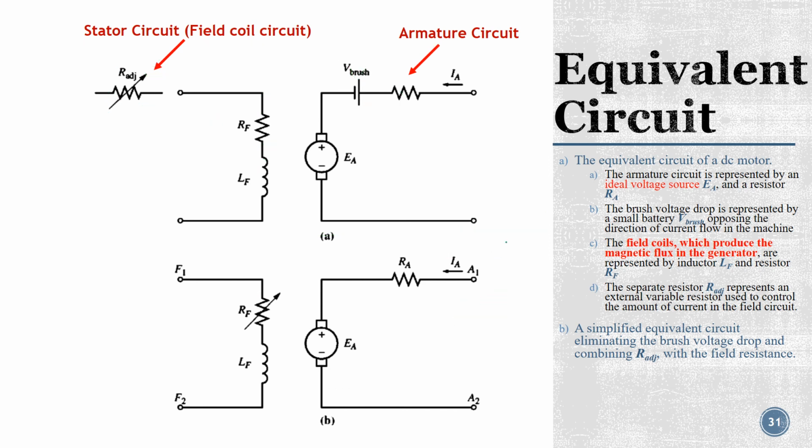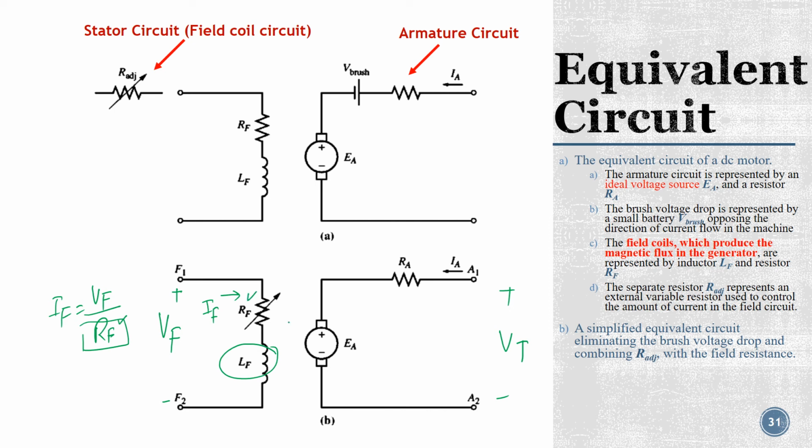For example, let's say you are supplying an input terminal voltage VT, and you are using a separately excited DC motor. So you are using separate excitation for the field circuit, let's say VF. The current IF will be flowing here. So IF will be equal to what? VF divided by RF, right? Why am I using RF? We are talking about DC. For the DC case, the inductance impedance will be 0.